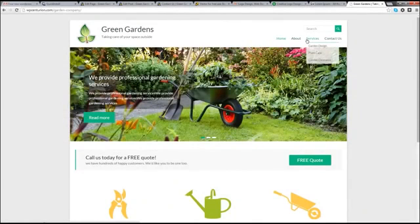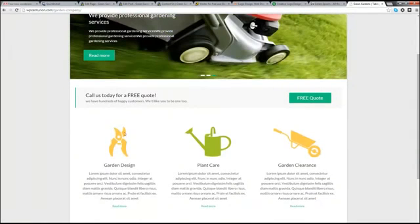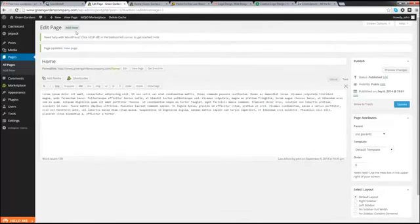So what we're going to do next will be to look at changing the home page and the template that the home page uses. And then we're also going to be looking at building up the slider system that you see here along with these. Now these elements on this page at the moment are actually powered by widgets, and I'll show you exactly how to set those up. So what we'll do next is to set up the correct template for the home page. So if we go back into the WordPress dashboard,